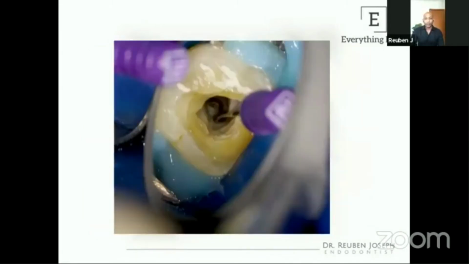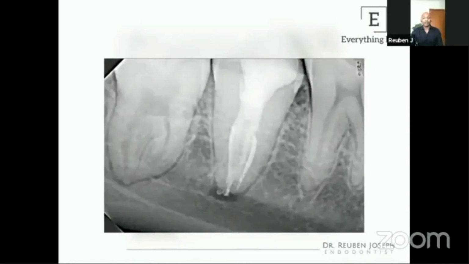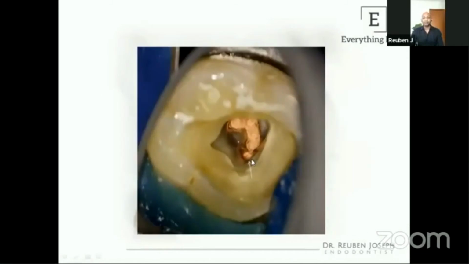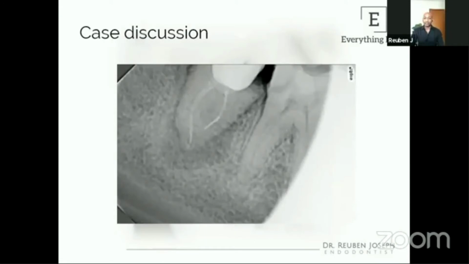So I had to widen my access a little more. That's exactly where this extra canal was present. Like C-shaped canals, you're going to have these canals everywhere, so you need good magnification and good mirror skills to make sure you put those files into those spaces. This is the finished post-operative with that extra canal clearly located, and I've just marked this extra canal. I had to deroof a little more than what the previous practitioner had to shape these canals.